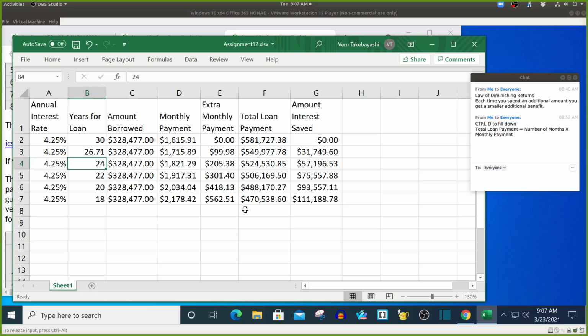Okay, so let's try this again. What we want to do is we want this to be $200. Okay, so the next row. So we want this to be smaller, so this has to get bigger, right? So I go up here and I just put on 0.1, right, to make it bigger. That's getting closer to 200. That's good. Okay, I'm going to make it an incremental step bigger,